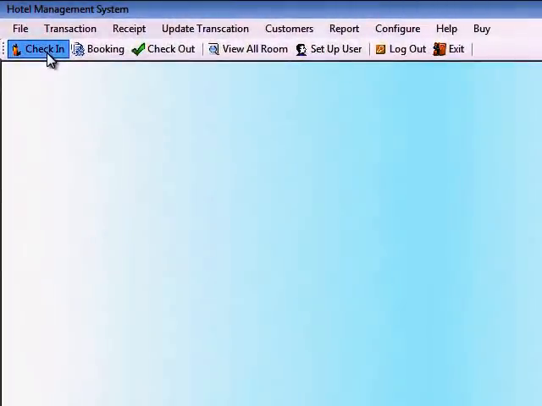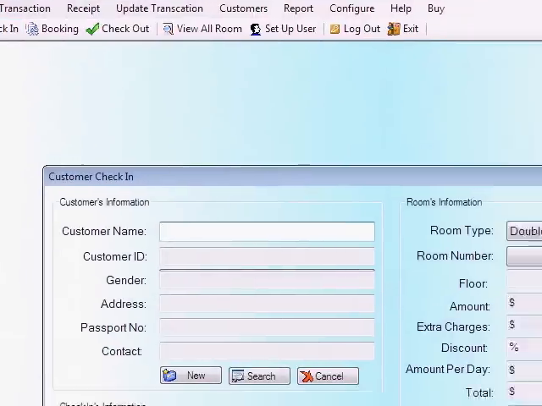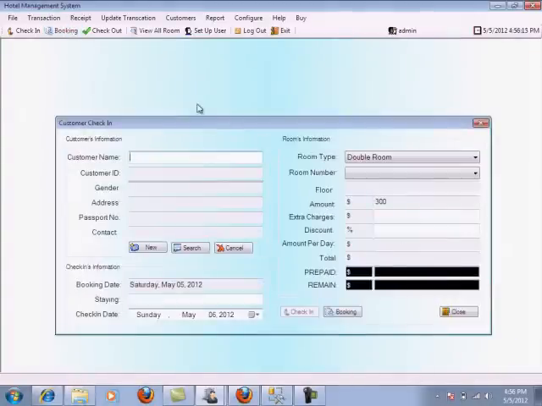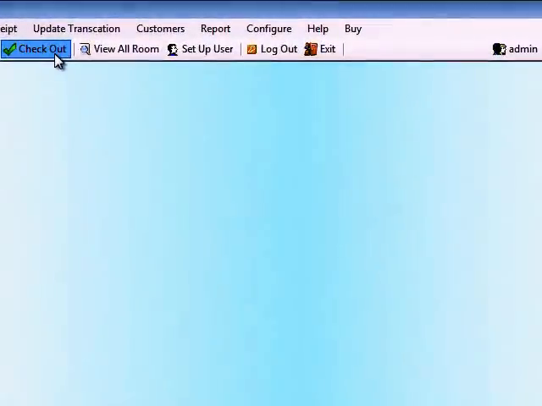So this is the software of hotel management system. There are some shortcuts on the screen, like the first one is check-in. After pressing this check-in shortcut, the check-in form will open on the screen, as I told you about the working of this form already. The next shortcut is booking. After pressing this booking button, the booking form will open on the screen. Similarly, the other shortcuts are like checkout